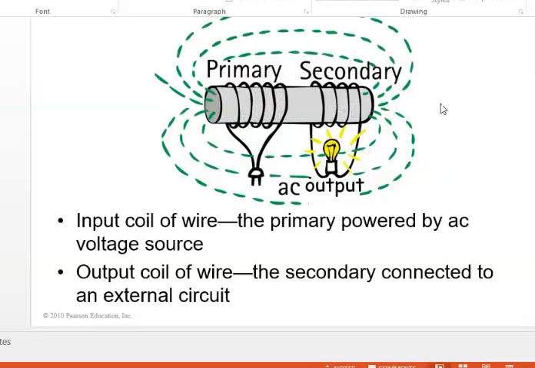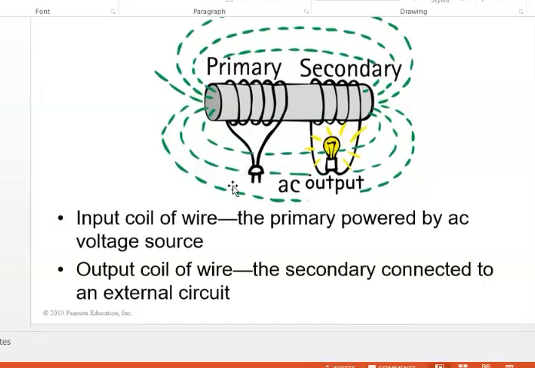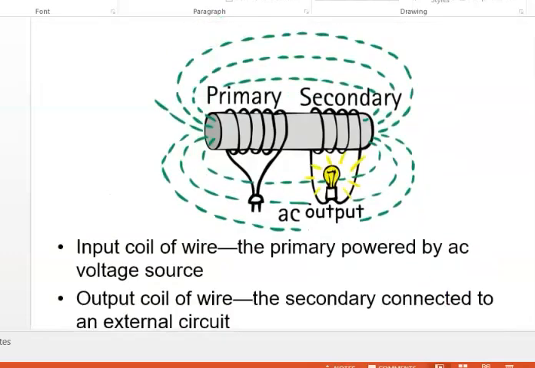A transformer consists of two sets of coil. The first one is called the primary coil and the second one is called the secondary coil. The primary coil we say is the input coil. So we supply high voltage current into the primary coil,